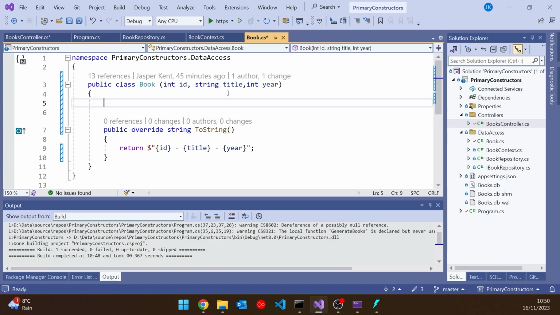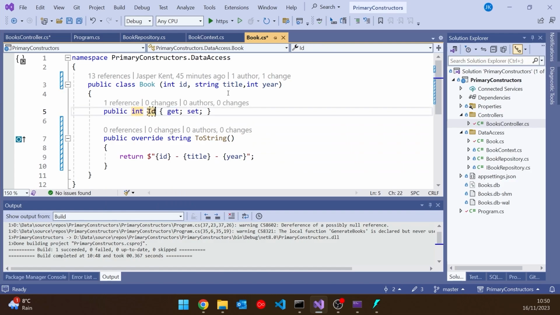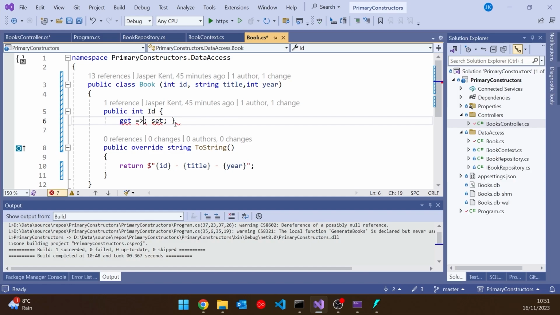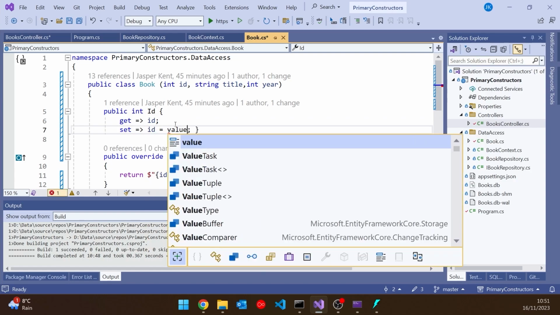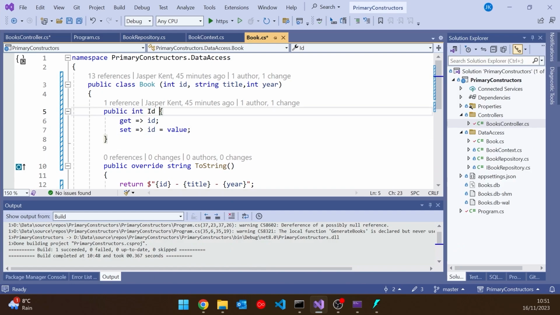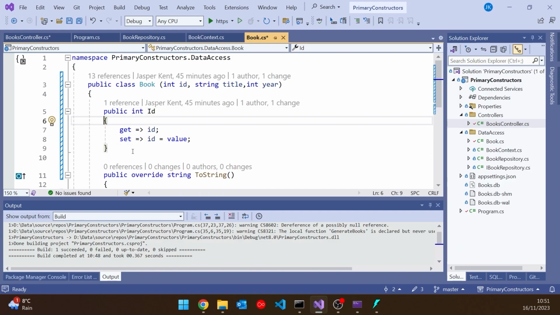We'd have to put in here a property of type int that we call ID, but then we'd have to set that up so that the get returns the field ID and the set can have the ID set to the value. And then we'd have to go through the other two as well and set all of those up as properties, just to get us back to what we had with the original class. And so, although we could get there, in this case it seems to me that using a primary constructor, indeed using any constructor at all on one of these entity classes, is just not worth it.